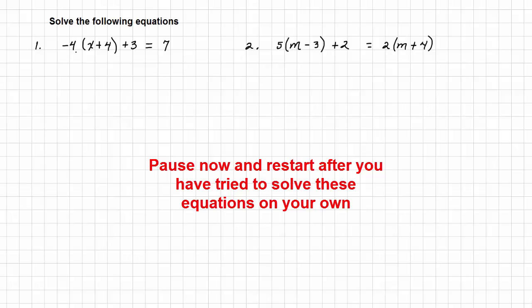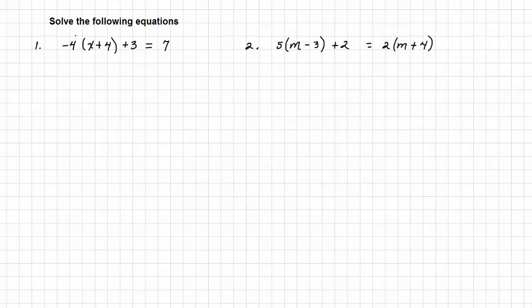Just take your time to eliminate the brackets and you'll have lots of success. In this first equation, in order to eliminate the brackets, we multiply everything inside the brackets by negative 4. So you end up with negative 4 times x, or negative 4x, and negative 4 times plus 4, or negative 16. Then you bring down the positive 3 and write the 7 on the right side. So on the left side, you end up with negative 4x minus 16 plus 3, or negative 4x minus 13